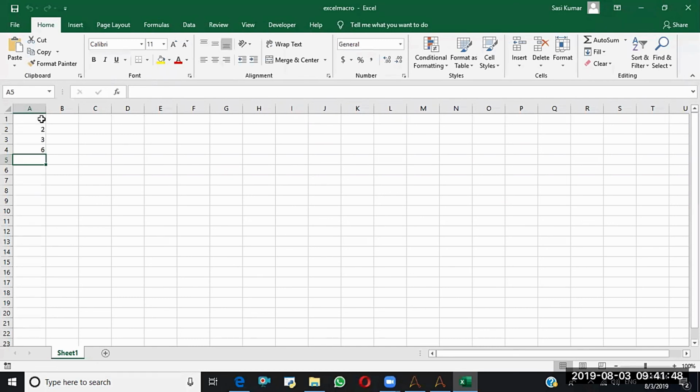So I haven't told my bot to enter the 1 here, enter the 2 here, enter the 3 here, and perform the sum here. I didn't say this to my bot, but I put this logic inside a macro, and now I'm calling that macro through the bot. So at the end of the day, I'm getting my expected output with the help of the macro without rewriting the same code in Excel. In this scenario, we will use macros. This is about Excel automation.